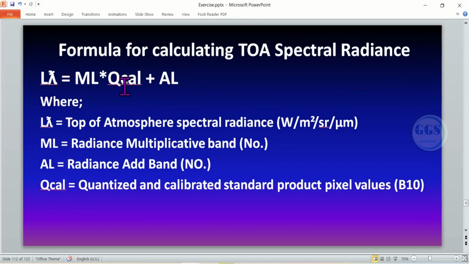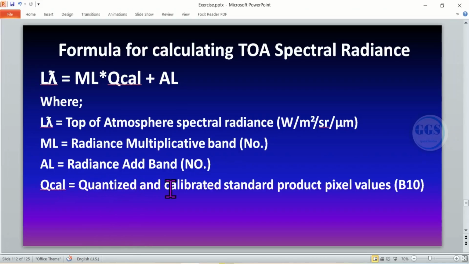L lambda is equal to ML multiplied by Qcal plus AL, where L lambda refers to the top of atmosphere spectral radiance, and as I said earlier on, it is measured in watt per square meter per steradian per micrometer, and the ML is the radiance multiplicative band, and AL is the radiance add band,